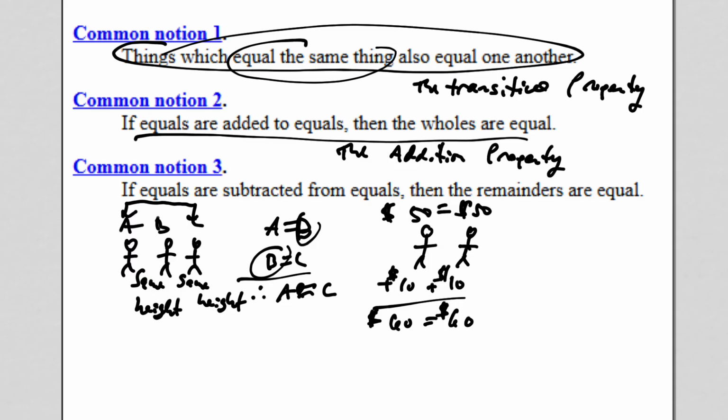And finally, if I take those same 2 people that each had $50, and instead I were to take $10 from each of them, now they would both have $40. They would be the same. This common notion 3 is for us going to be called the